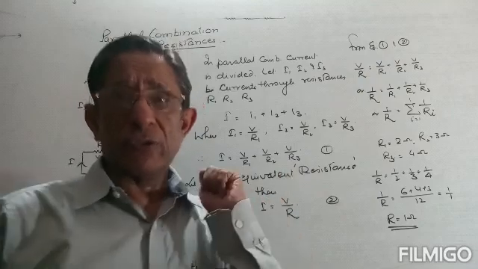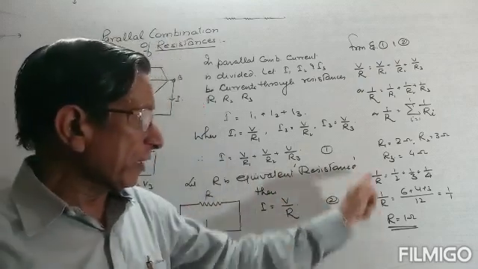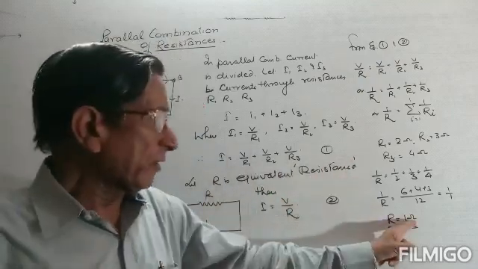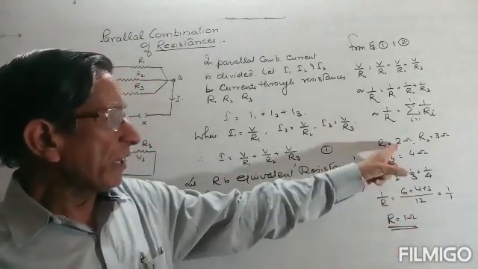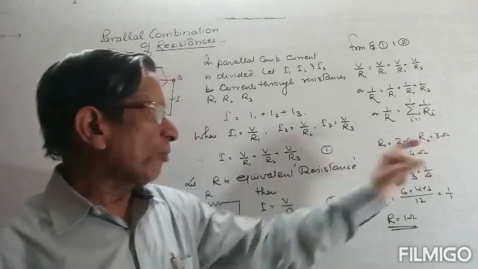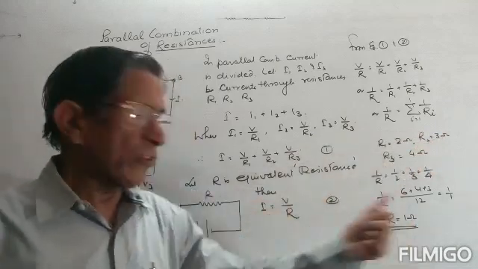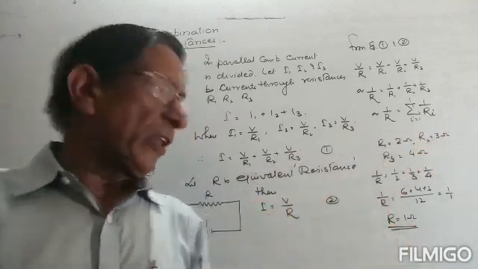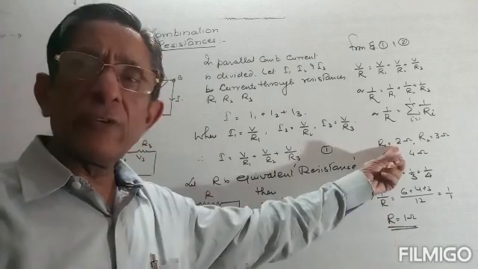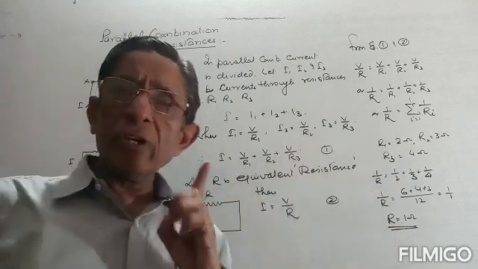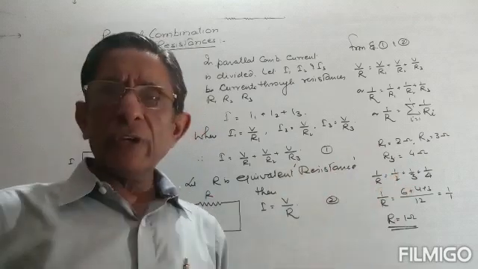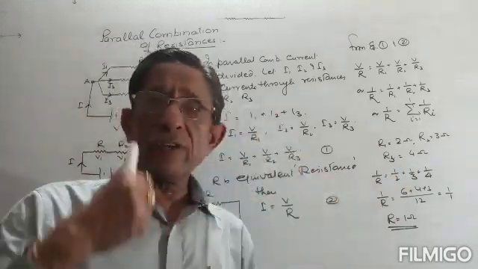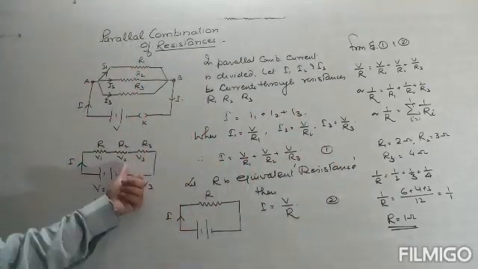That is the important point to note. When the resistances are connected in parallel, the resultant resistance will always be less than the smallest resistance. We have connected 3 resistances, 2, 3 and 4 ohm in parallel, then the equivalent resistance is coming about 1 ohm. Its meaning is that the resultant resistance is also less than 2 ohm. So when we have to decrease the resistance in a circuit, we use parallel combination, and when we have to increase the resistance in a circuit, we use series combination.